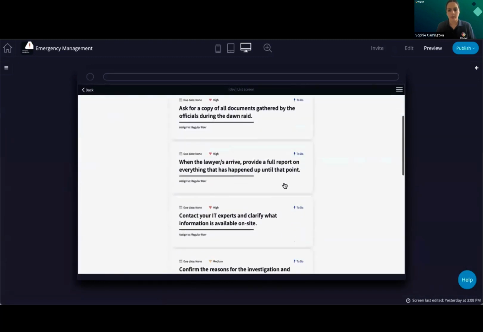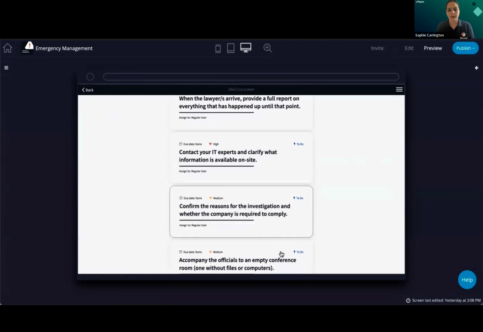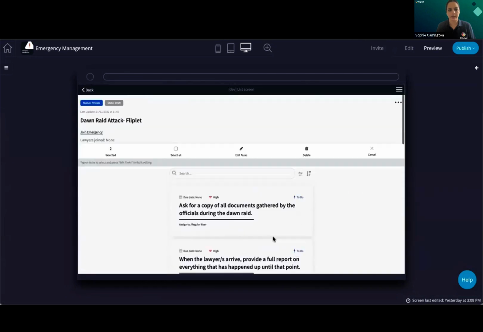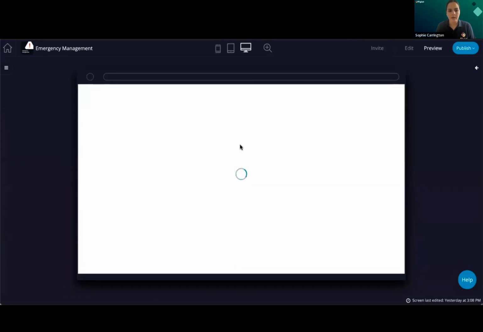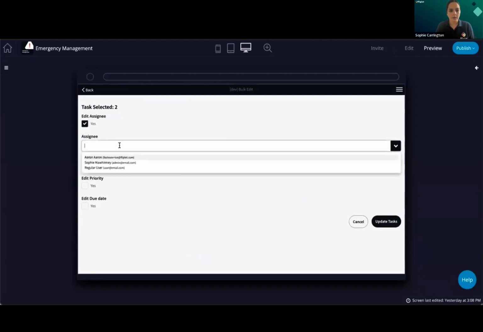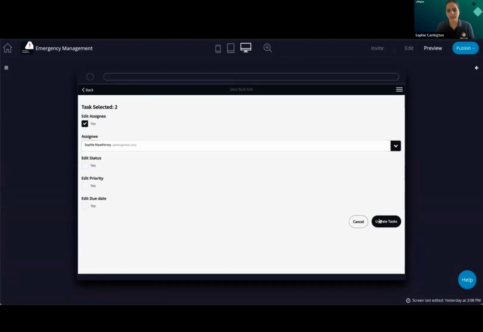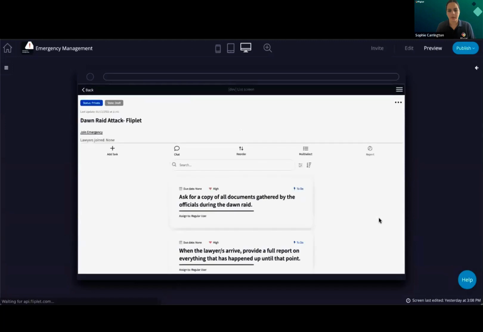I'm going to make one more quick change and assign these 2, which I know need to go to myself. So I'm going to edit these tasks, assign them to myself, and update the tasks. So you can see here, I've now created my emergency template, and I have all the tasks in it. The last thing I want to do before I send this over to the client for use is